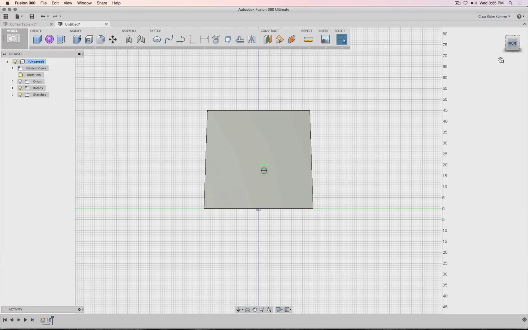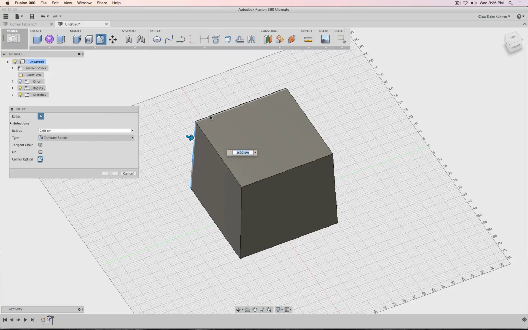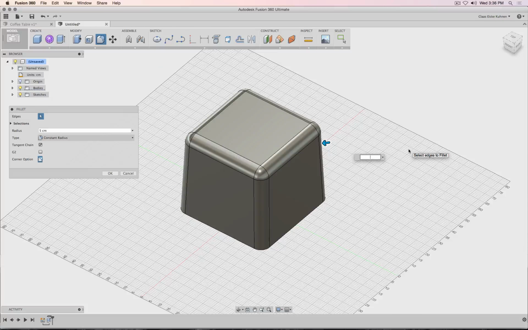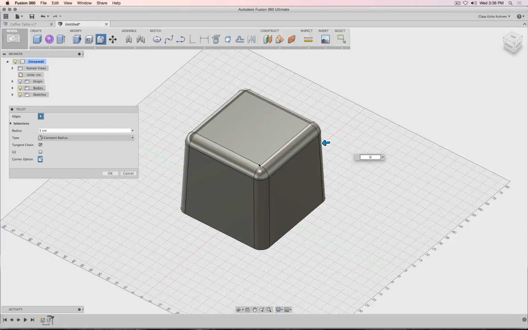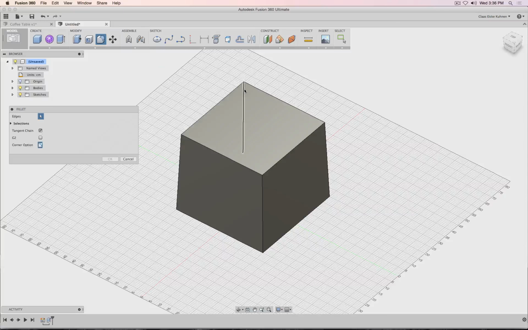Let's say we would like the whole thing to be rounded. So select the fillet, this one, all these lines here. And maybe 5 centimeters. And let's say 3 or 5 look better. I don't really like those edges here, so I could flip the corner style. So I have this type of edge rounding. That's option 1. Or I could simply